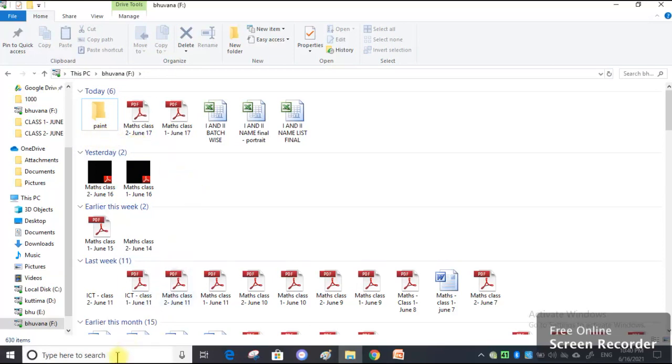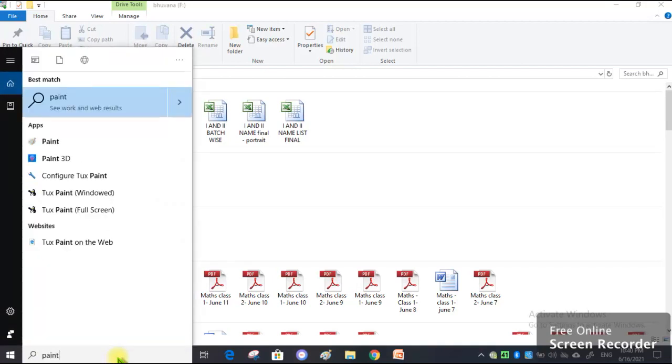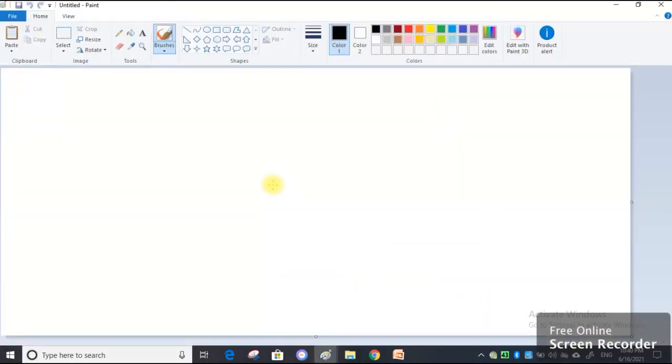Next thing, go to Search, and type Paint. See, this is Paint. So click on this Paint. Last year you would have learnt MS Paint, but this time the projects will be different. So here you can see so many tools, everything we are going to explore, but the first project is, from this you have to choose all the shapes. Try to include all the shapes.